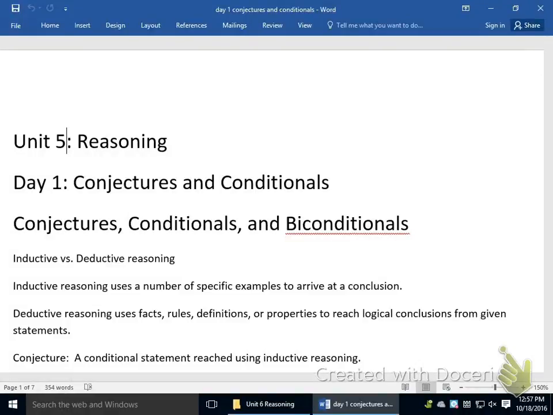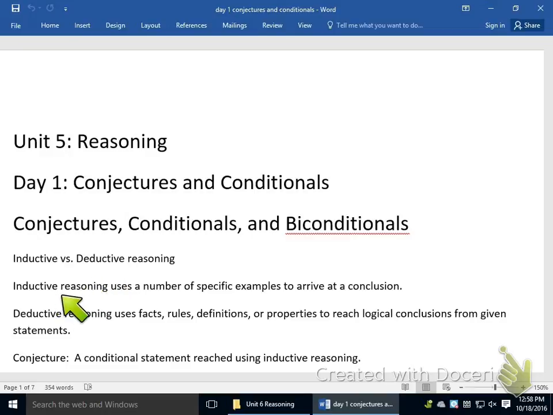All right, welcome to Unit 5, Reasoning. This is the start of geometry for us in this class. We're going to be talking about conjectures and conditionals today. Before we do that, just really quick, we're going to be talking about the difference between inductive reasoning and deductive